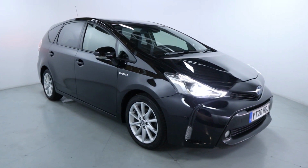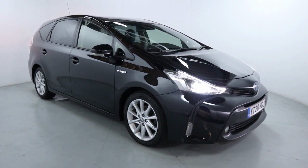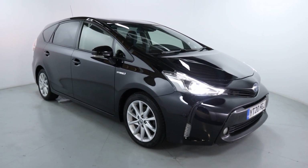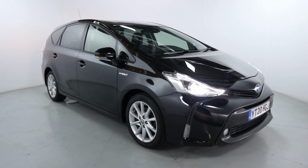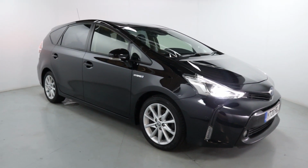Welcome to LMC. Today we're taking a look at this Toyota Prius Plus XL TSS HEV. Got a 1.8 litre petrol hybrid engine with an automatic gearbox and it's on 65,780 miles. A perfect car if you've got a larger family, as it can seat up to 7 people, which